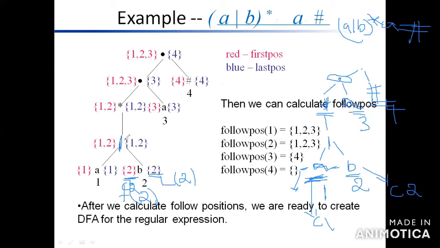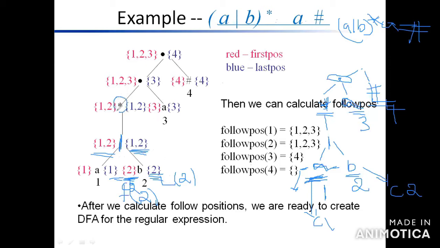Check here in R, what will we do? You have to merge the first position of C1 union the first position of C2. The first position of C1 is 1, the first position of C2 is 2. So you merge 1, 2. On the right side is the last position, right? The last position of C1 is 1 and the last position of C2 is 2, so you merge 1, 2. Now it's clear. Then you can go to the next one.